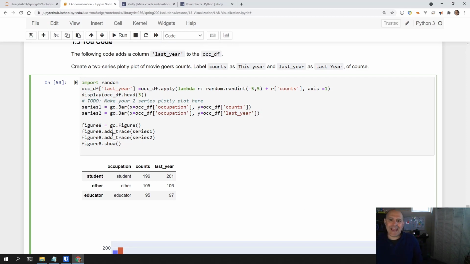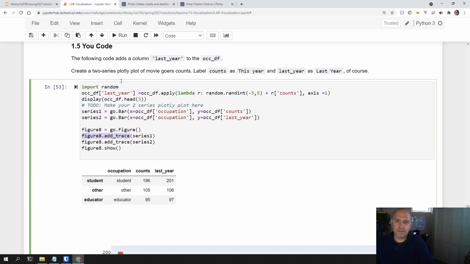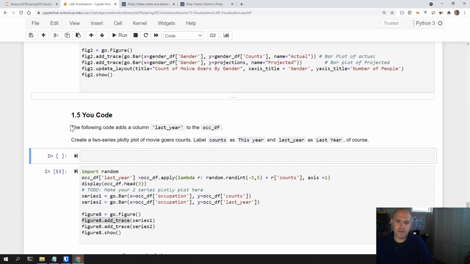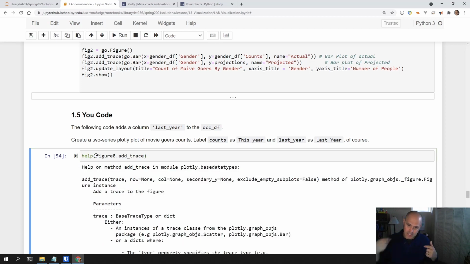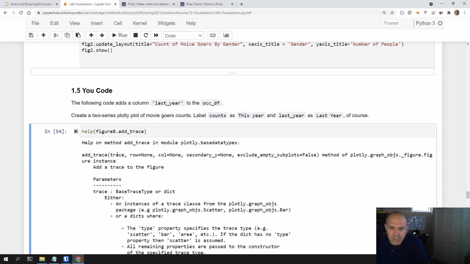So on add trace, I wonder if there's a way I can do that. Let's get help on add trace. Let's open up another window here, let's do it above it. Help. This is how you learn. At this point in the course, you need to be able to start digging with your own shovel. Right? So it says add trace, row name, column name, secondary,